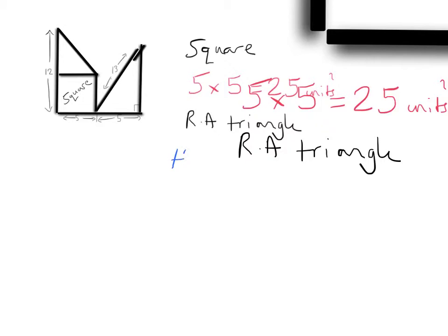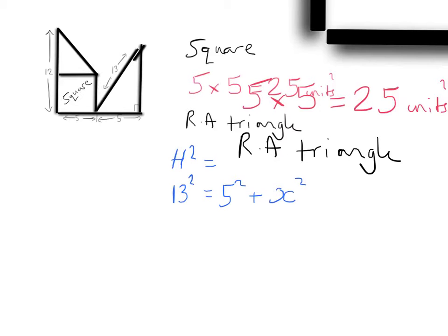Pythagoras' theorem, I say h squared rather than AC squared, is equal to the two sides squared totalled together. So h squared is 13 squared, which is equal to 5 squared plus, we'll call it x squared, which we don't know,